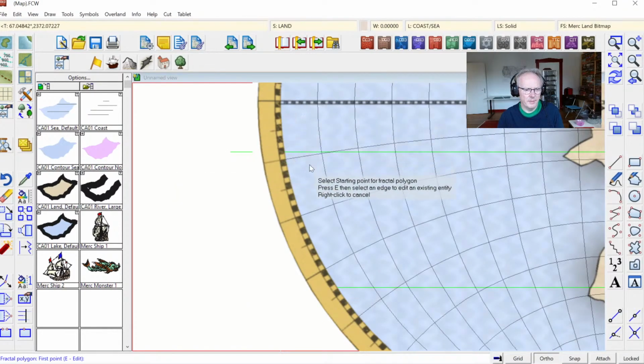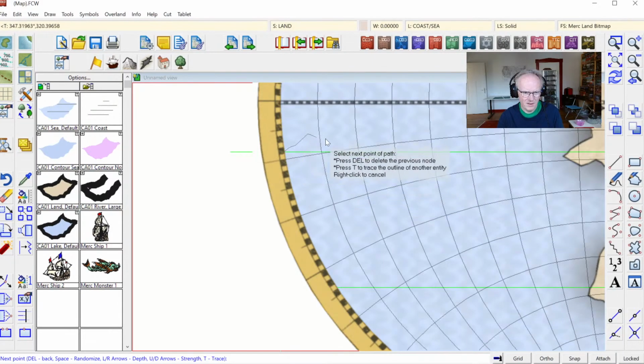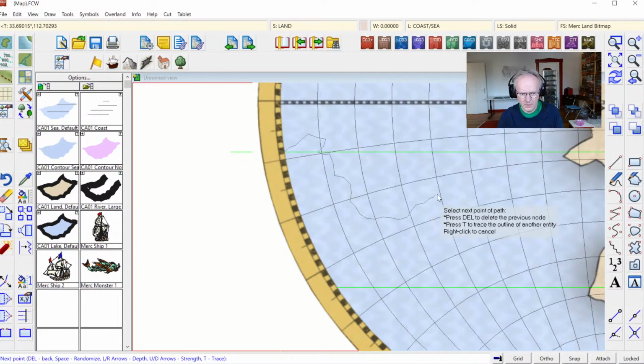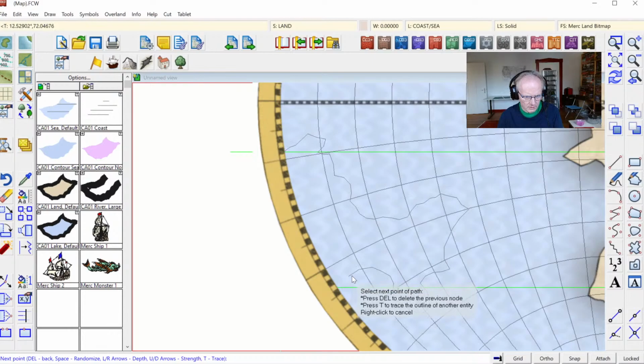And now I can zoom in here. Start my landmass again. And I can even use the intersection modifier, which gives me the intersection of two entities. I can click the intersection mod here on the lower right, or I can just press F6, choose the first entity, second entity, and then I need to turn off my ortho modifier again. And then I'm just going to draw